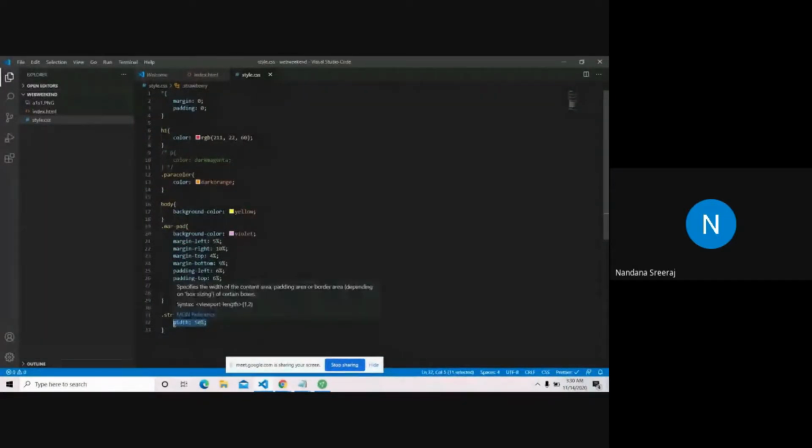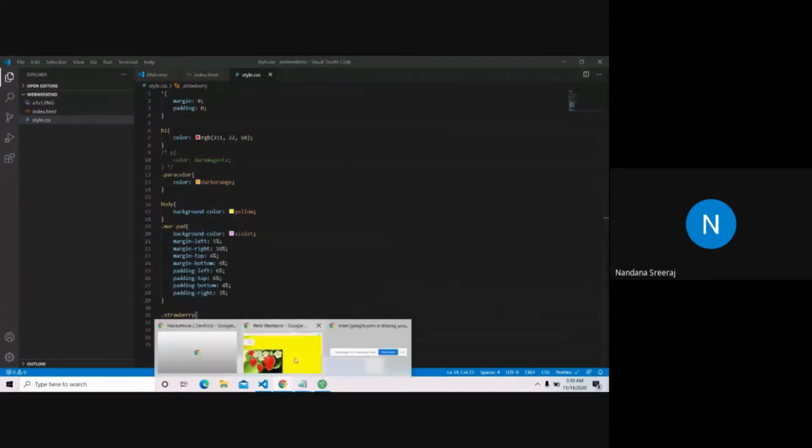How much is left? 100 minus 50, 50% of the width is left. I'll divide it equally among margin left and margin right, 25% and 25%. So the width was 50% and 50% was left, and I divided it equally among margin left and margin right.